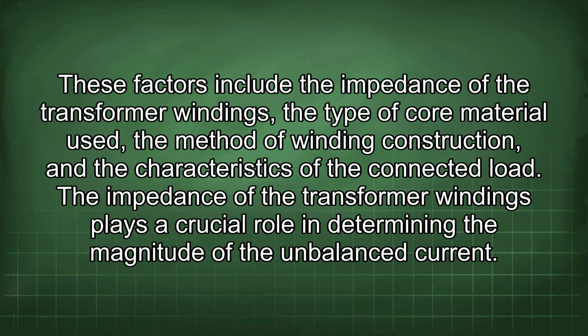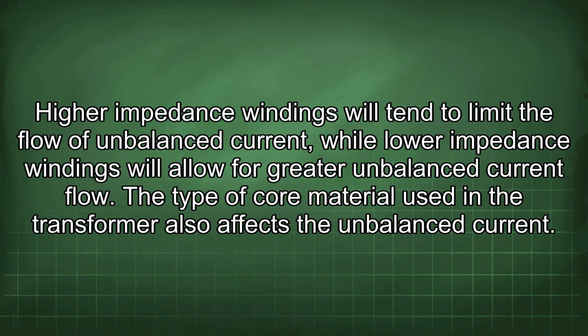These factors include the impedance of the transformer windings, the type of core material used, the method of winding construction, and the characteristics of the connected load. The impedance of the transformer windings plays a crucial role in determining the magnitude of the unbalanced current. Higher impedance windings will tend to limit the flow of unbalanced current, while lower impedance windings will allow for greater